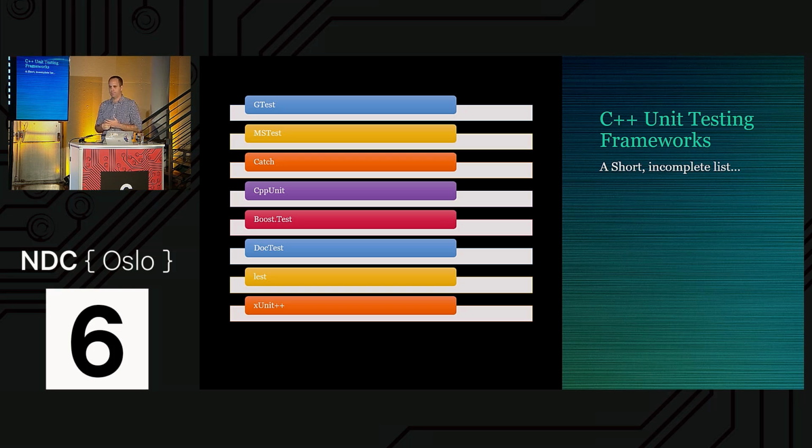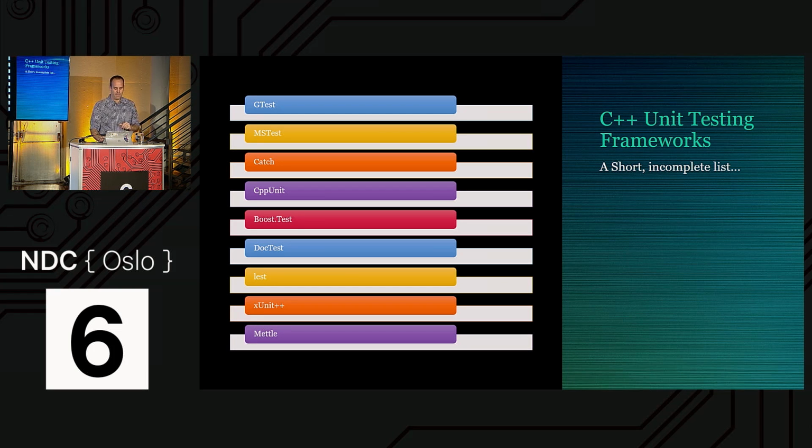There's XUnit++. If you know XUnit from .NET, the idea was to bring the same ideas into C++. Unfortunately, it seems that it's not maintained anymore. But it's nice to have the same syntax. And finally, there's Metal. Metal is a nice way to scare Java developers. I'll show you it. But you might like the syntax. Okay. And it's a cool unit testing framework. It's not bad, but you need either to compile it or use the header only, and then you have limitations.